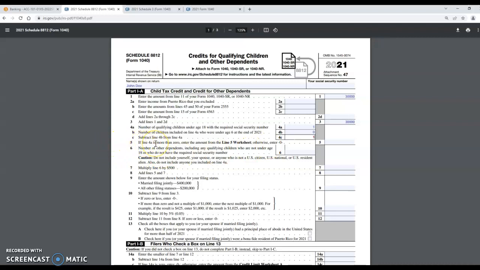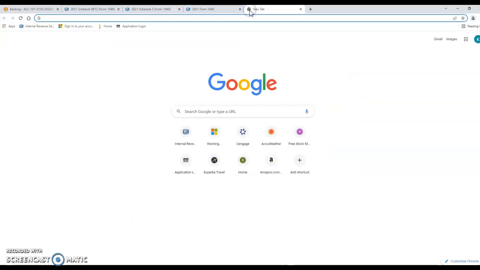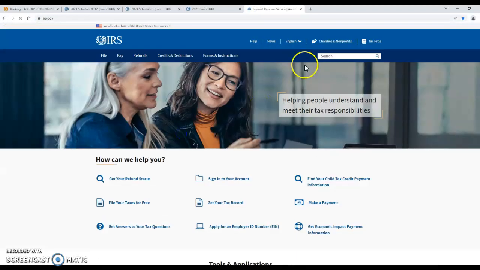Line 5, if line 4A is more than 0, which it is, enter the amount from line 5 worksheet, otherwise enter 0. So we're going to have to fill out this worksheet to see how much is going to go on line 5. Where do we get that worksheet? Well, we're going to have to get the worksheet from the 8812 instructions. So we're going to go in